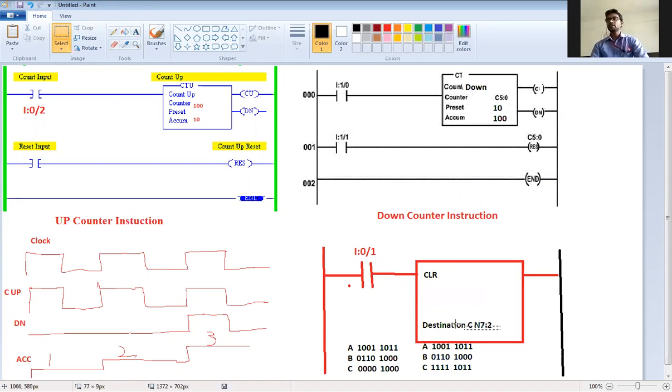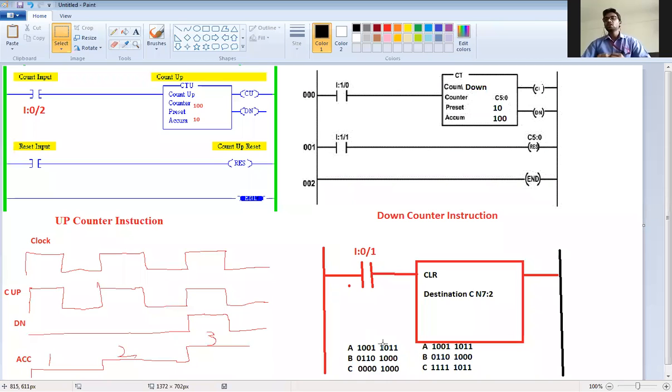We will require only destination. Only destination is required. You have to give the location, which location you want to clear. So that is your clear instruction. Okay, so we have studied the AND instruction, OR instruction, NOT instruction, and then the clear instruction. So these are the logical instructions.